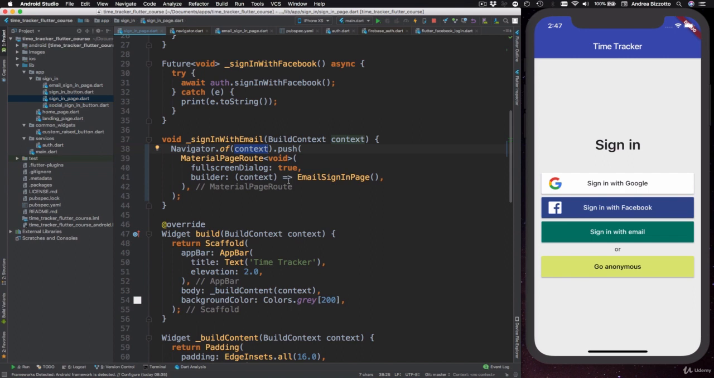Once we have a Navigator, we call the push method, and we need to specify a new route. So to do that, we can create a MaterialPageRoute, and then in the builder argument, we return an instance of the widget that we want to show, which is EmailSignInPage. Finally, we have one more parameter called fullscreenDialog, and we can use this to specify how our page is presented. So this parameter has a default value of false,